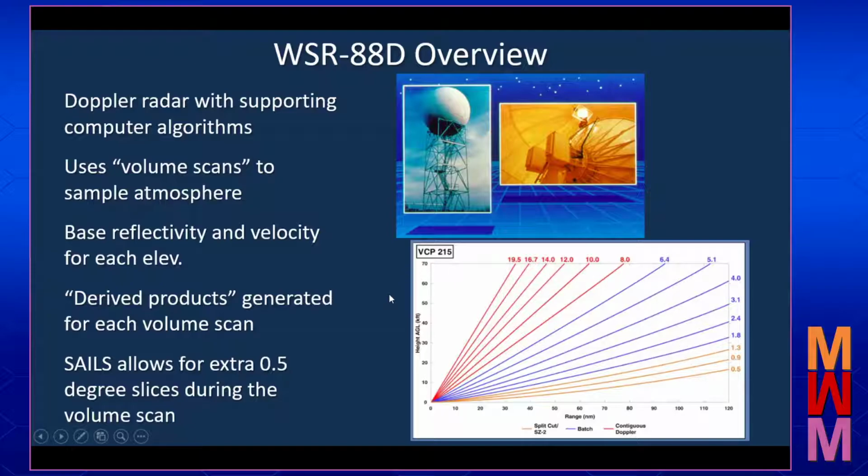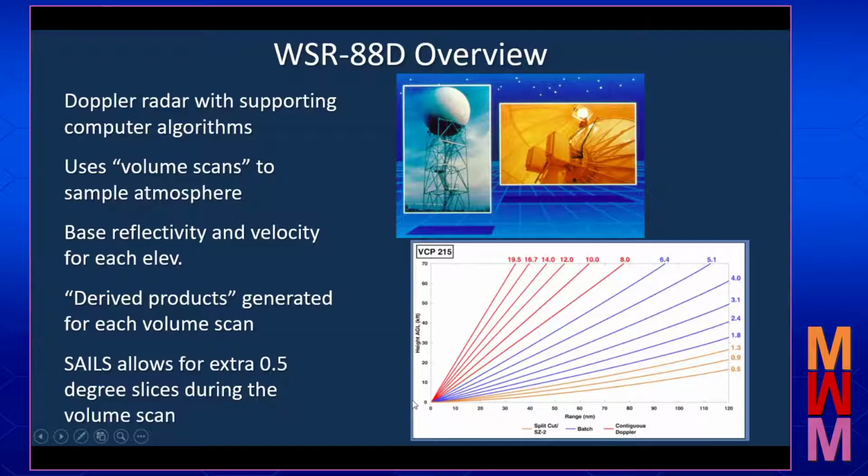A lot of times when severe weather comes down to the ground, it has its beginnings up in the thunderstorm. So finding out what's going on up in the storm is important. The downside, though, is that we would only get one of these half-degree low-level slices about every 5 or 6